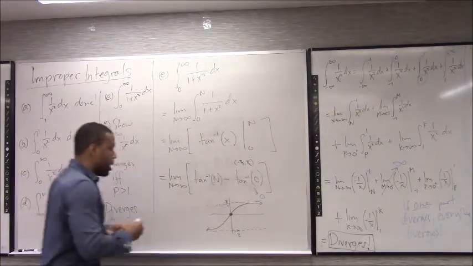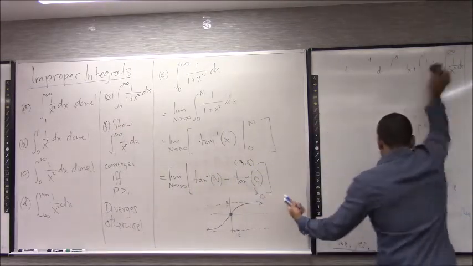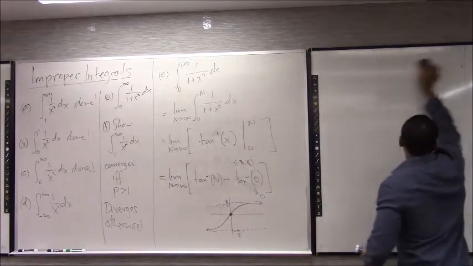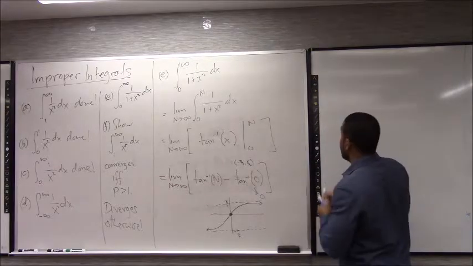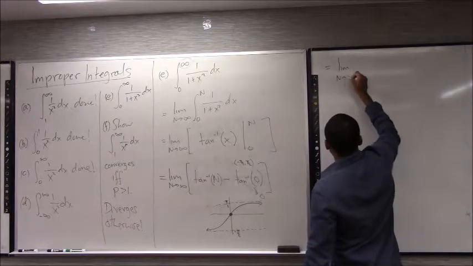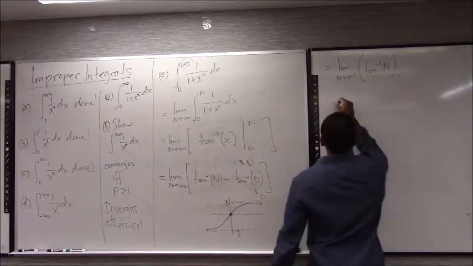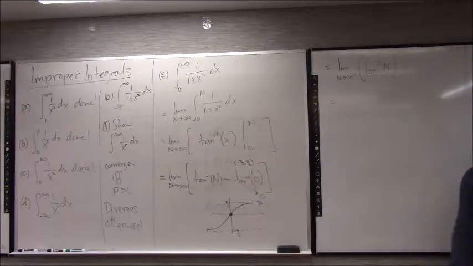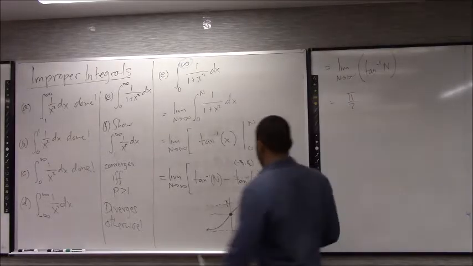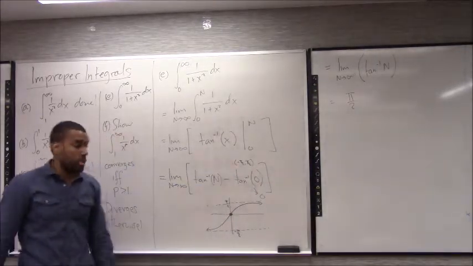And so now basically we end up with this limit. After you apply the fundamental theorem of calculus, it now becomes a limit problem. So you have to remember how to take limits. And again, all the techniques are permissible here, so you might have to use L'Hopital's rule, or something else. So now we end up in this situation. And what's that? It's pi over 2, right? The main way you'll know that is by knowing the graph. As x goes to infinity, we're asymptotically approaching pi over 2.